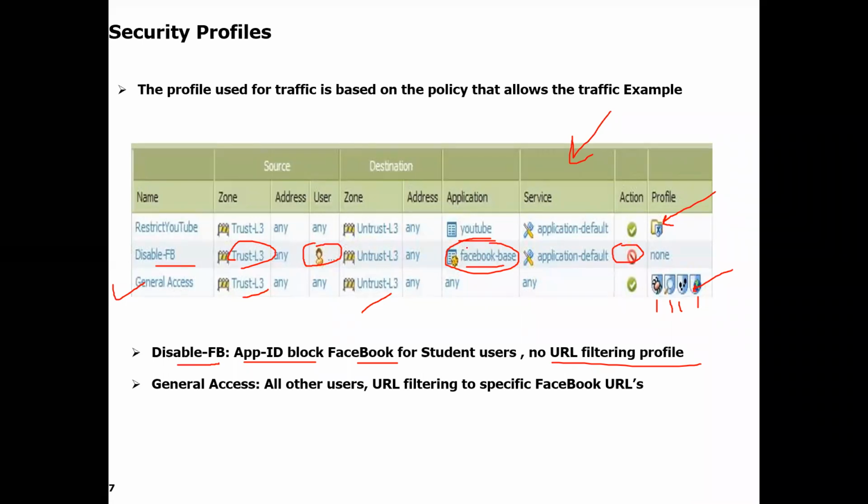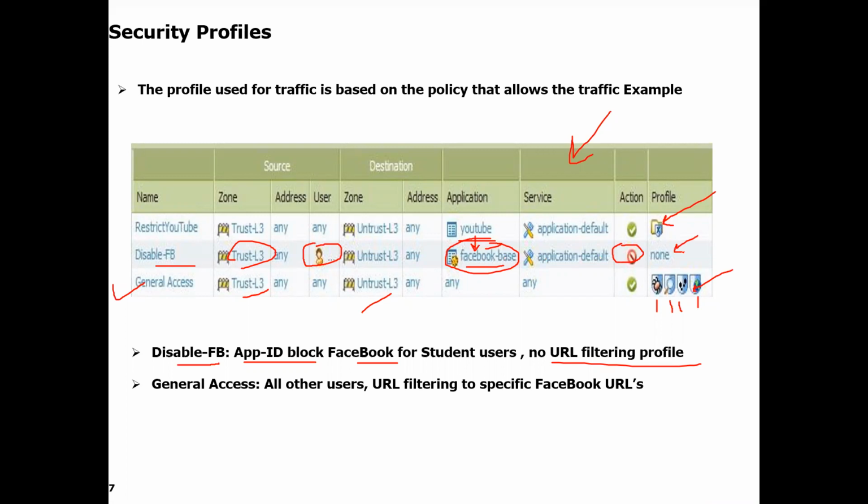But in app ID you have the option: Facebook chat you want to block, Facebook base, Facebook post, Facebook streaming. Those controls you will get here. So when I use the app ID, I don't need to use the profile here.